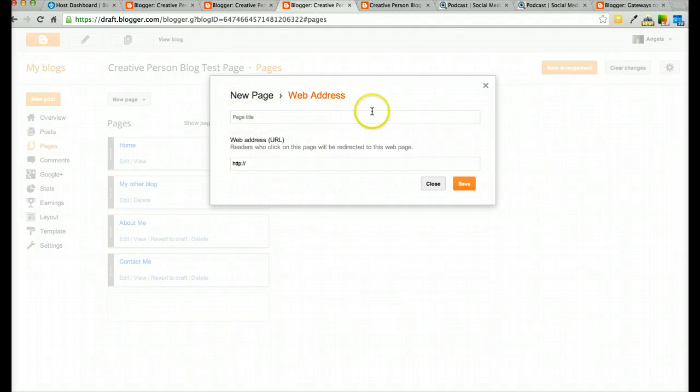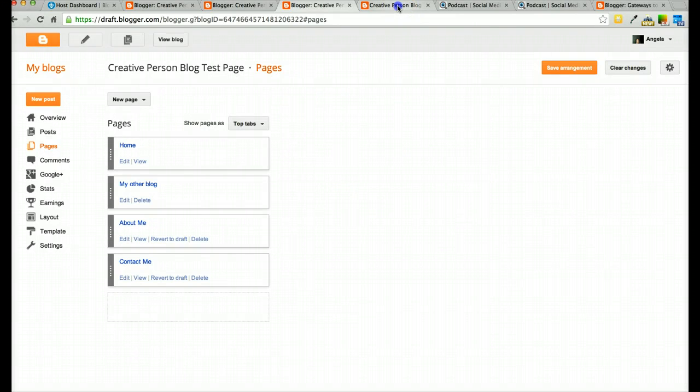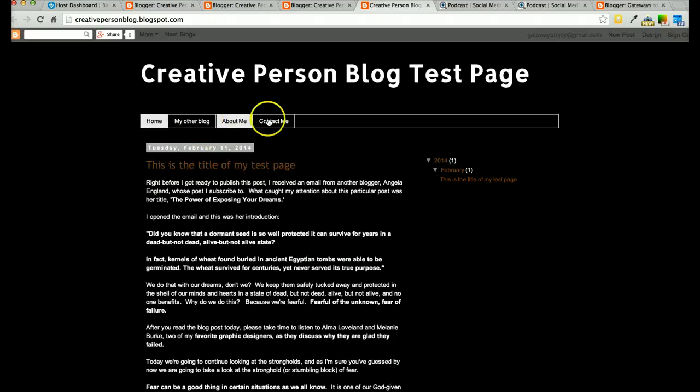put the page title here, and if you have a blog or a Flickr account or something that holds your pictures, when I say blog, if you have another blog, or business or anything that has a website, I mean, anything that has a web address, you put the web address in here, and you click save. And then what happens is, when people come to your blog and they click on,